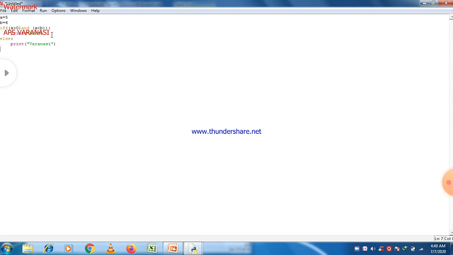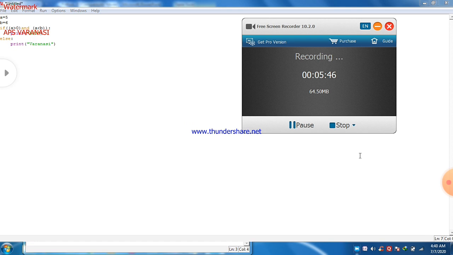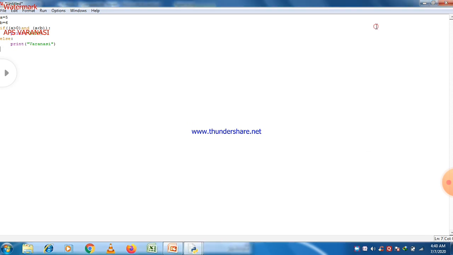So this is basically the format provided by Python to us. After the if statement there is a sign of colon, so always remember that colon should be there. After that, run the module. F5 is the shortcut for this.